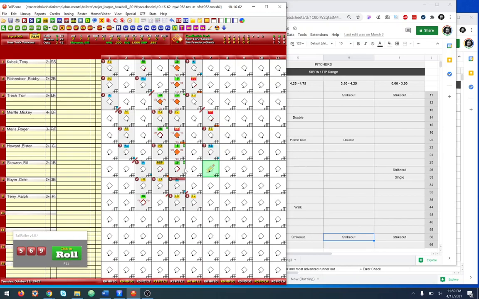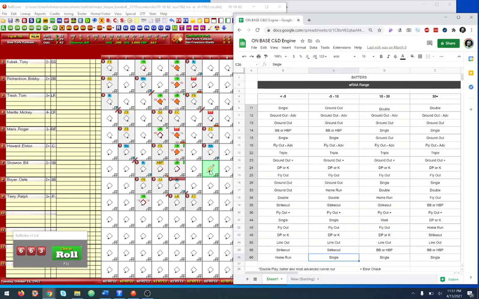And Bill Skowron. Skowron is 1 for 2. He had a big 2 RBI double also in that sort of atrocious inning for the Giants. Gave up 5 runs in the 5th. And Skowron with one of the big blows, a 2-run double. There's a 6-6, and the 6-6 to Skowron